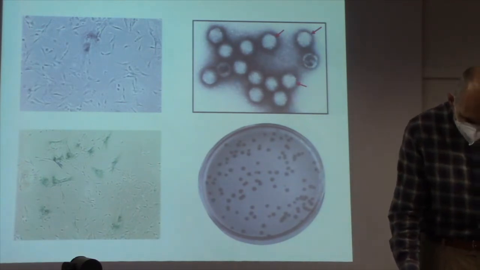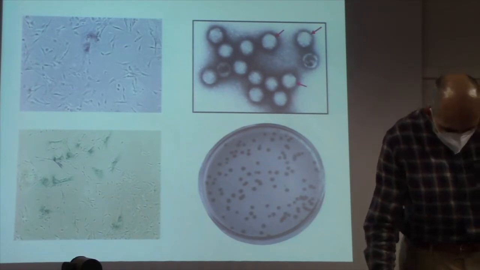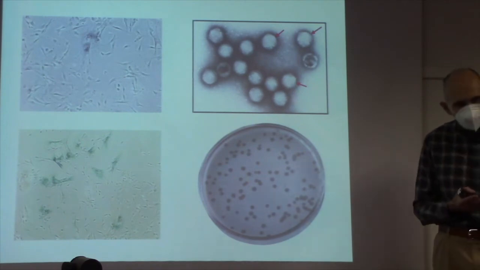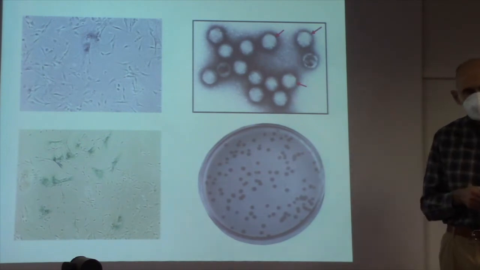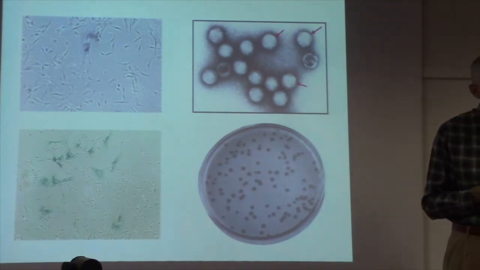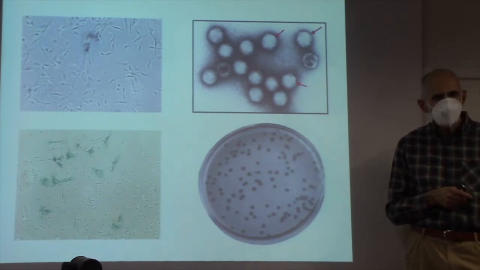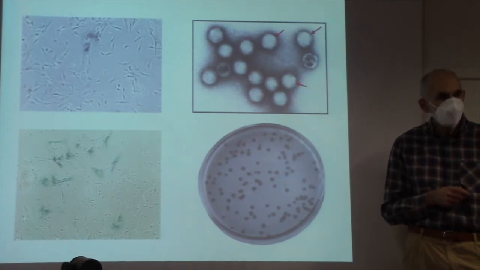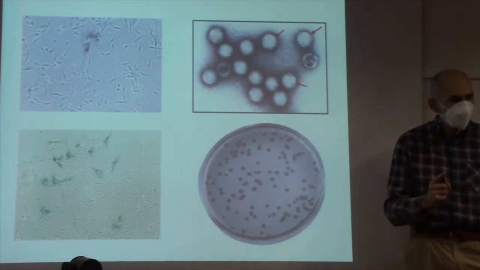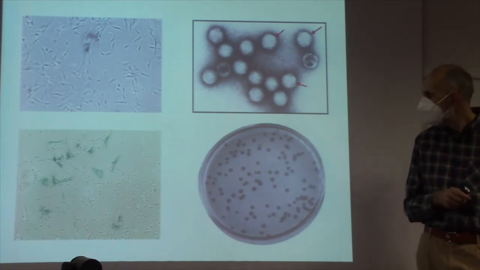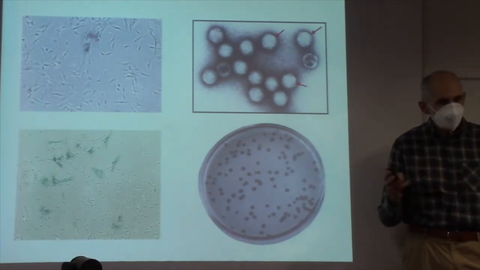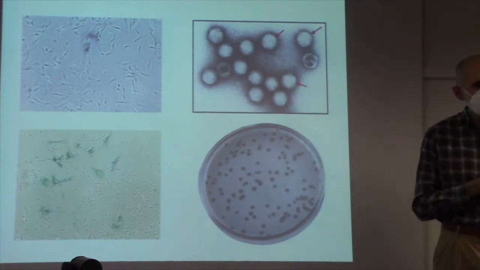Good. Now, another possibility, again, we are looking for rare events. Say we are looking for a mutation. Say we are looking for a mutation that causes a disease, a monogenic disease. So a single mutation will cause that disease. How do we do that? It's in the next slide, but I would like you to